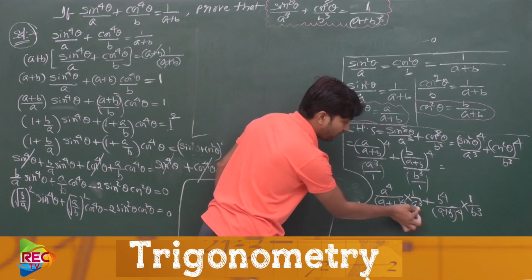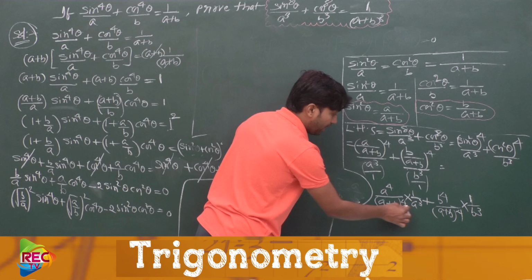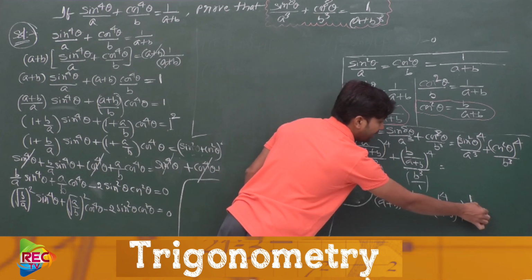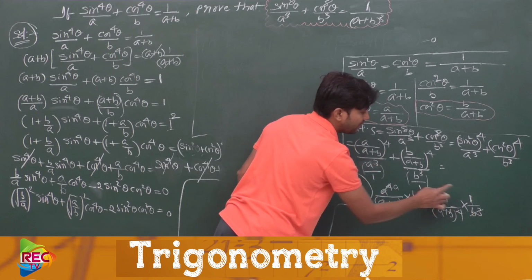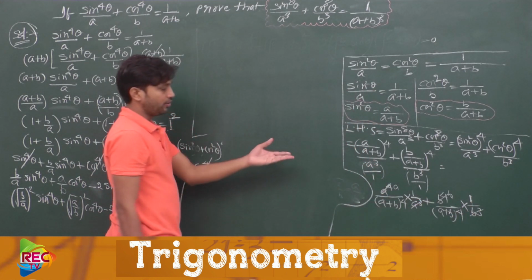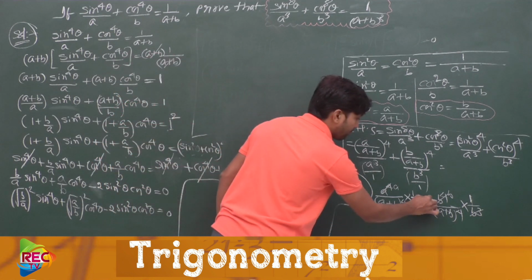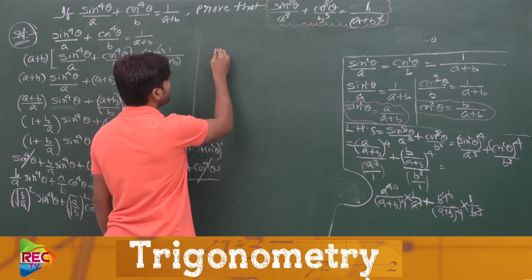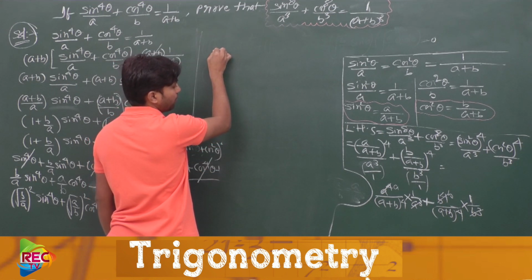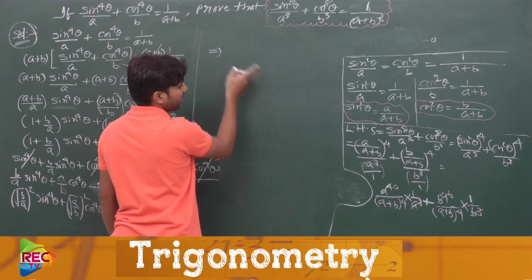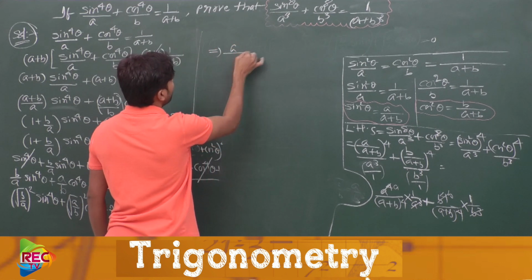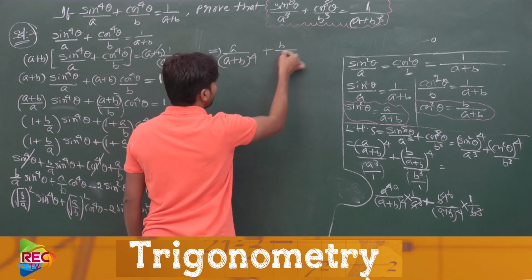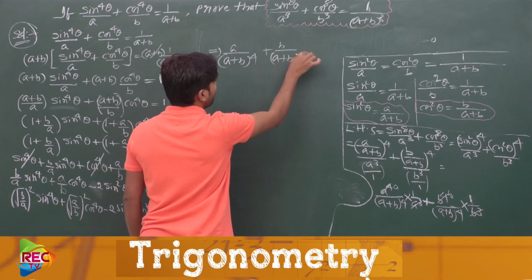This is a power 4 and this is a cube. So on cancelling a cube with a power 4, you get 1a in the numerator, and here b cube is cancelled in both numerator and denominator, so 1b is left in the numerator, with a plus symbol in between. So here what did we obtain? Just let me write one more step here. We obtained the LHS part as a by a plus b whole to the power of 4 plus b by a plus b whole to the power of 4.